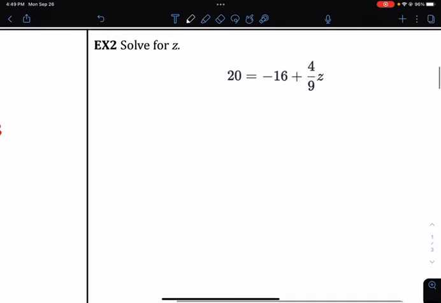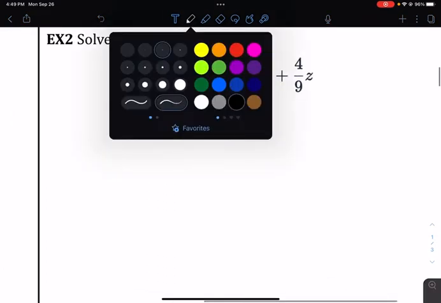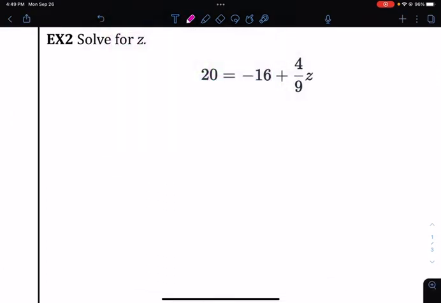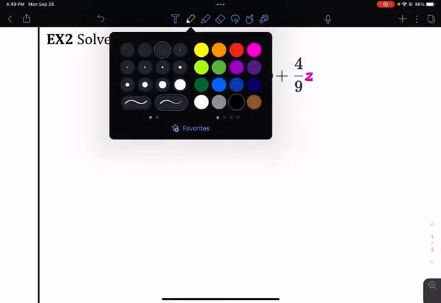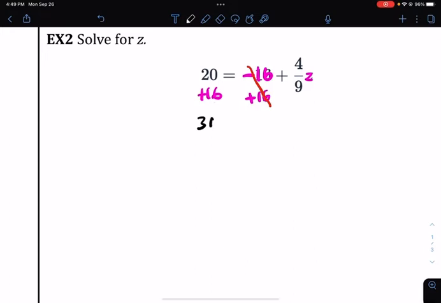Let's look at this example. So this example has a fraction, so there's a lot of ways to solve this, but I feel like the easiest way is just to get rid of whatever term that is next to the fraction. In this case, there's negative 16, so we can add 16, right? So negative 16 and 16 sums to 0, and we're left with 20 plus 16 is 36, 4 over